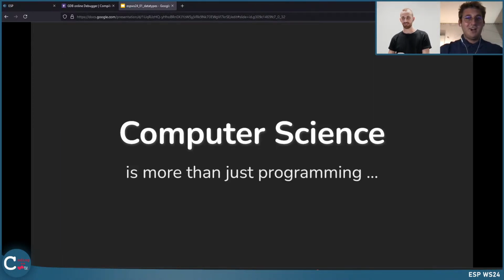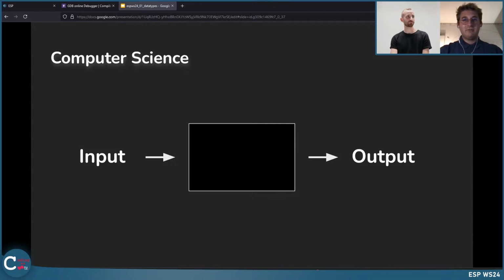Great. Then let's talk about computer science in general and what it is. Yeah, it's really cool. So we've just programmed our very first own program and executed it. But if we remember last week, we said that computer science is more than just programming. It's, for example, also about problem solving. So in most cases, we have some kind of input, then some kind of magic happens, and at the end we have some output. And now if we are talking about input, magic and output, we need something, and this is called data.